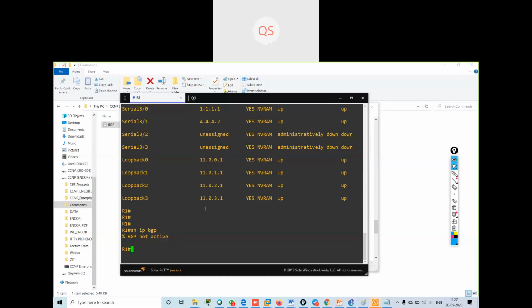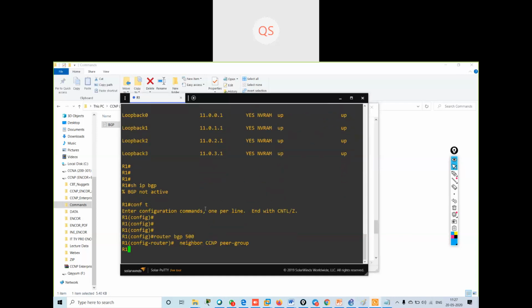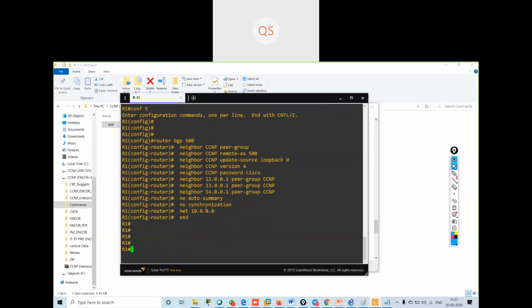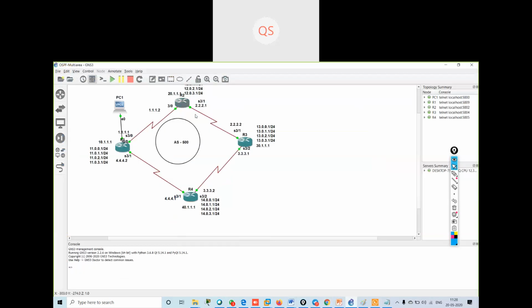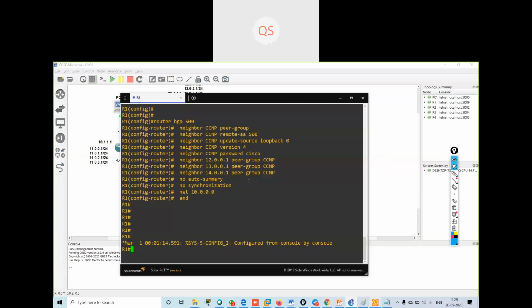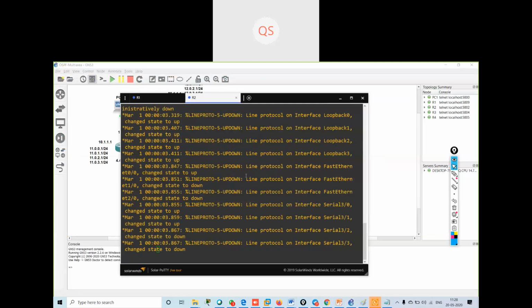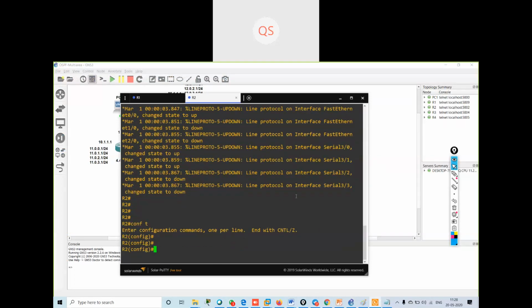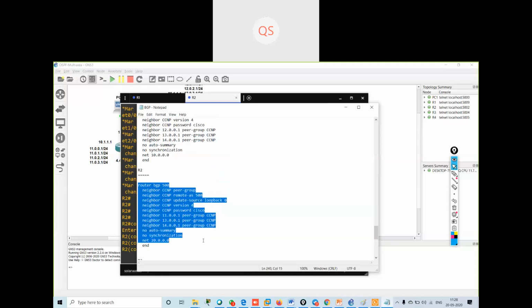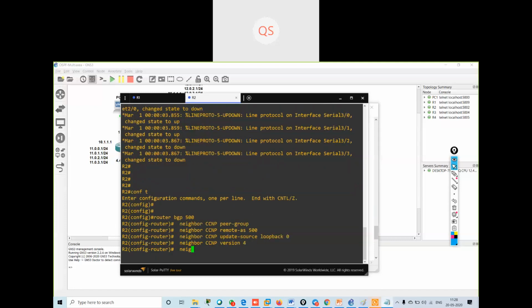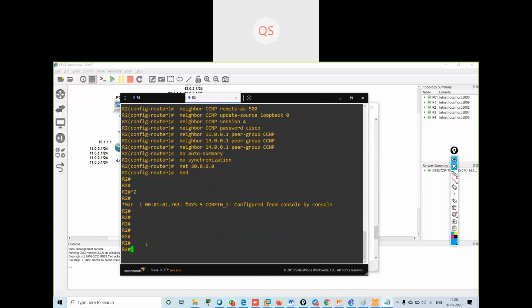I will paste them in so that I can get the BGP configuration on the R2 console. Okay, I've configured these two routers.